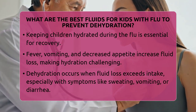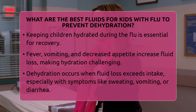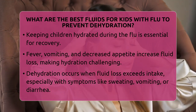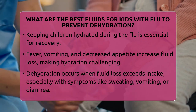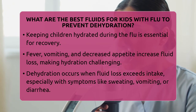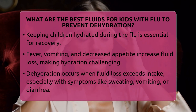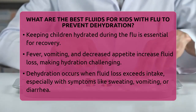The goal is to provide fluids that are easy to tolerate, help replace lost water and electrolytes, and prevent dehydration from worsening. Dehydration happens when the body loses more fluids than it takes in. In children with the flu, this can happen quickly because fever makes them sweat more, and symptoms like vomiting or diarrhea directly remove fluids and vital electrolytes like sodium and potassium. Even if a child isn't eating much, continuing to offer fluids is crucial to keep them hydrated and support their